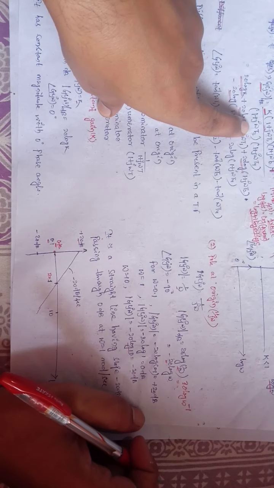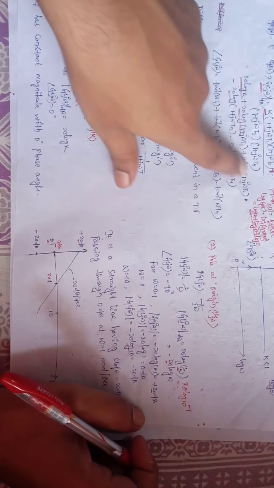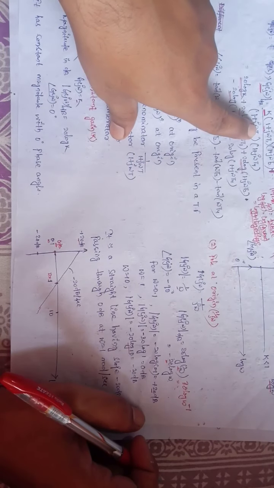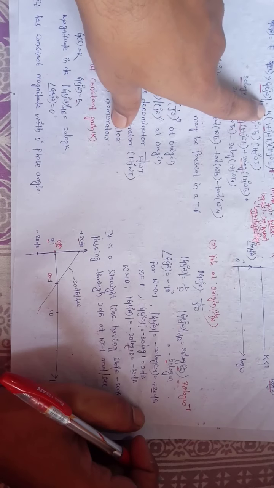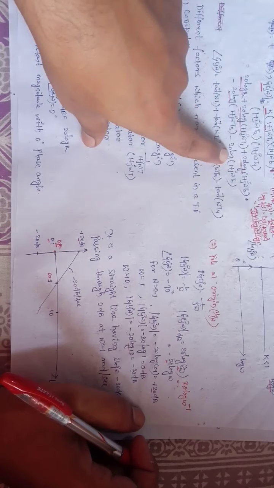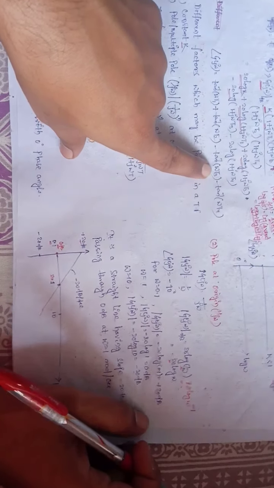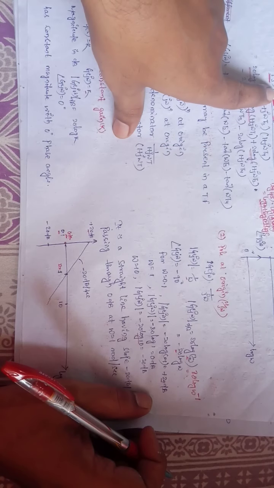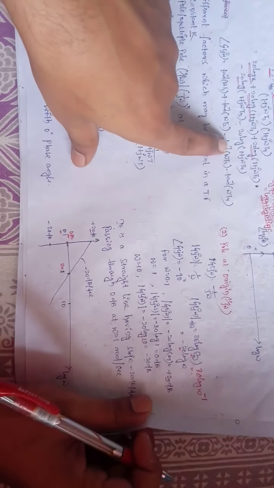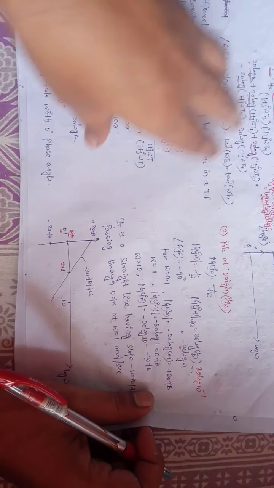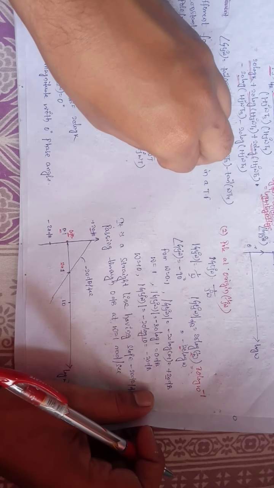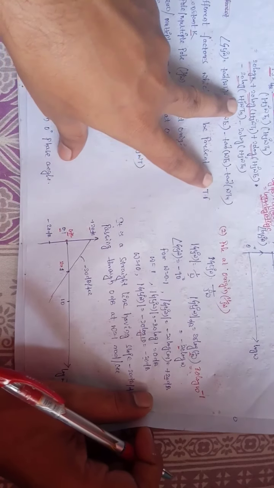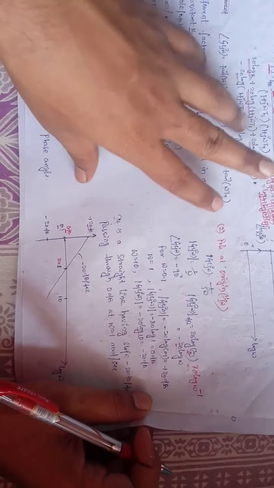Then, when there is a transfer function containing all these factors, we will simply add the individual magnitude plots of all the factors, and the resultant plot that is obtained will be my final Bode plot. We will get a clear idea when we look at the different problems that we are going to solve right now.